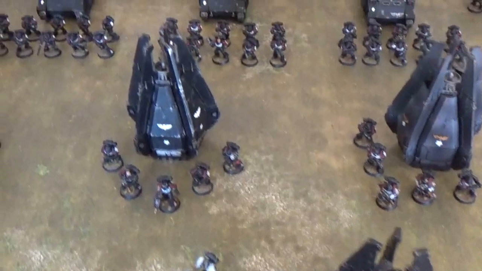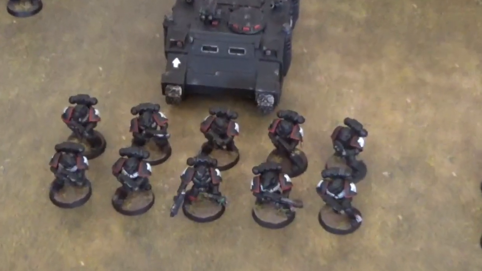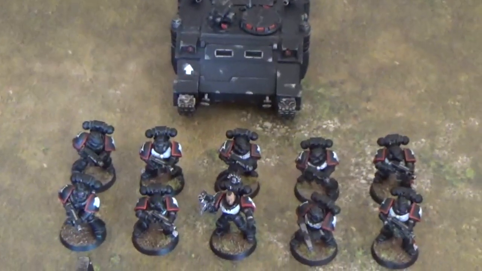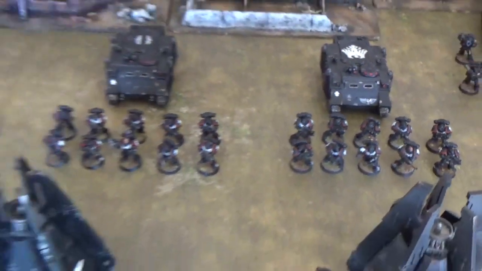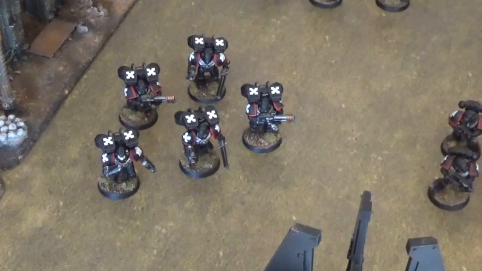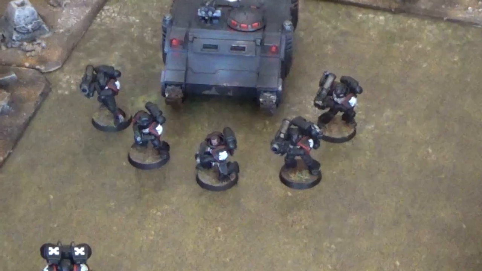The other Battle Demi Company's tactical squads are full strength, 10 Marines, and they are mounted in rhinos. One with a flamer, one with a plasma gun, and another one with a flamer. And the Battle Demi Companies also have a 5-man assault squad with 2 flamers, a 5-man Devastator squad with 3